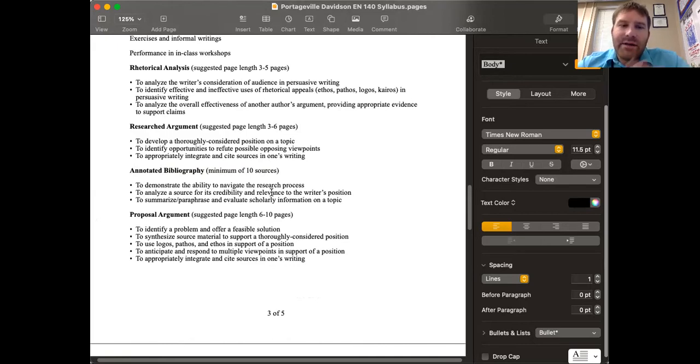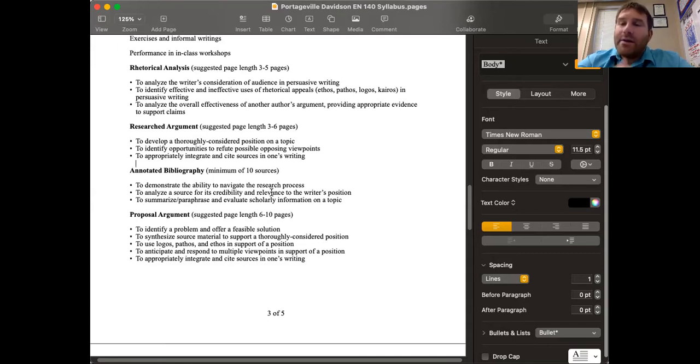So your annotated bibliography is the first one that you'll do. It's a minimum of 10 sources. So instead of looking at a 10 to 11 page paper, it's actually 10 one-page papers where you look at different sources and evaluate their usefulness and how you're going to use them. The information that you get in your annotated bibliography, you will then use in your research argument and